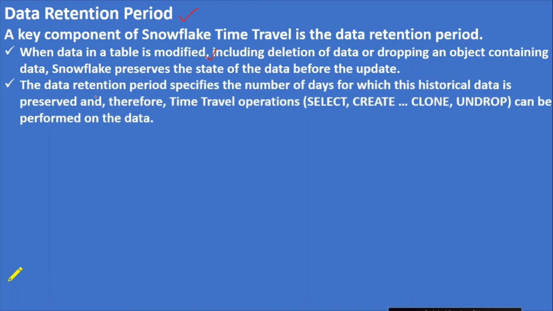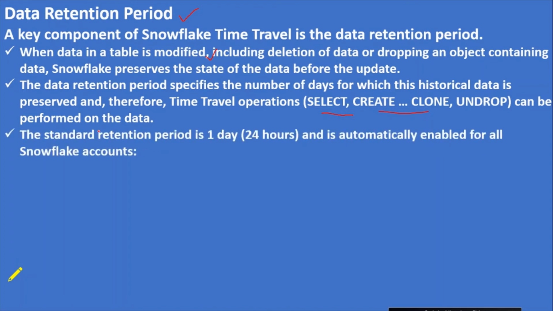That is one point. The second is that the data retention period specifies the number of days for which this historical data is preserved, and therefore time travel operations, as I said, select, create, clone, undrop, can be performed on the data.